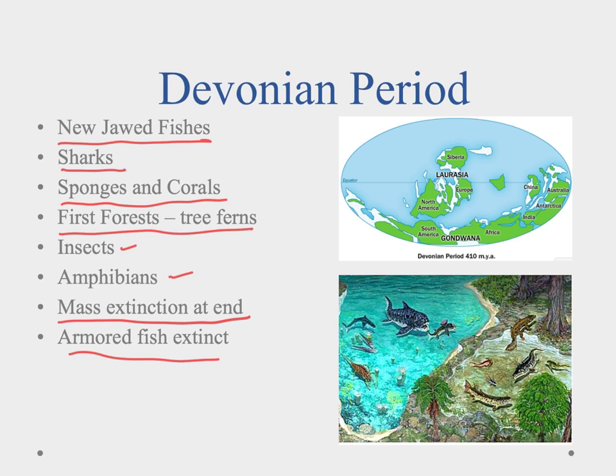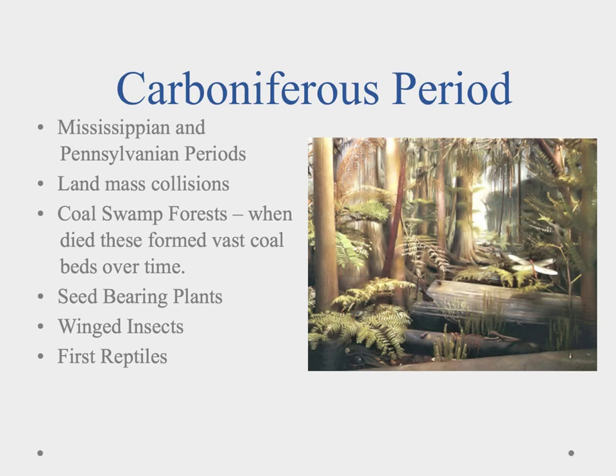So like we mentioned, most of these periods were going to be started off with the end of a mass extinction, exploitation of a new environment, and it grows. We have diversity happening, and then we have a mass extinction at the end that marks the end of the period. Now, the Carboniferous period is actually made up of two different periods, the Mississippian and the Pennsylvanian, but the